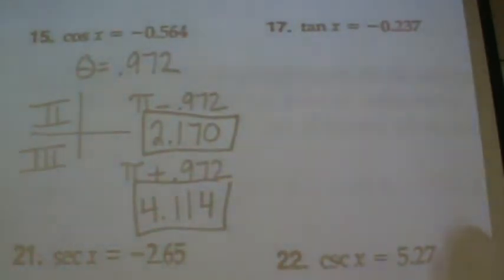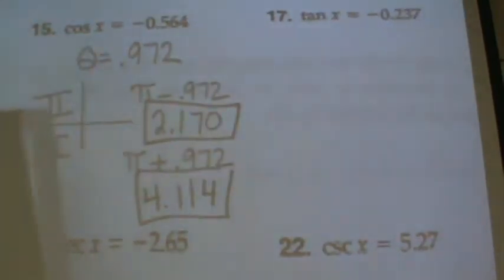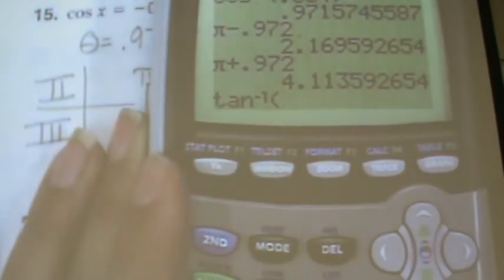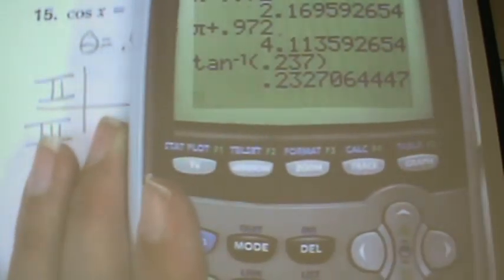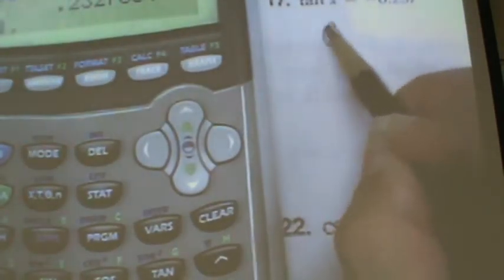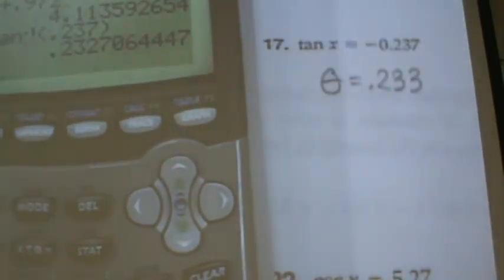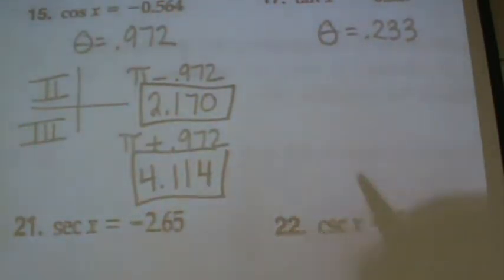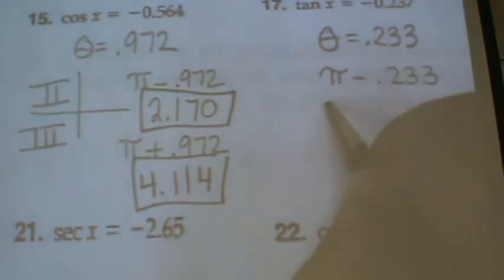17, what are you going to type? Second tan, and then ignore the negative. So 0.237. And I got 0.233. So what do I do with that answer? What quadrant are you in? 2 and 4. So what do you do with this? Pi minus, and